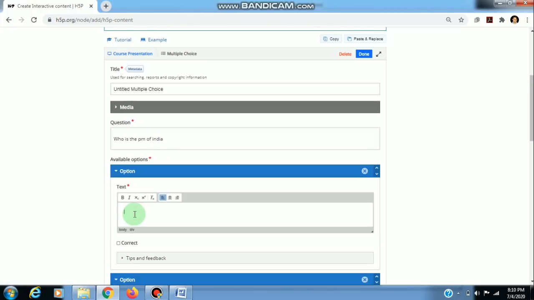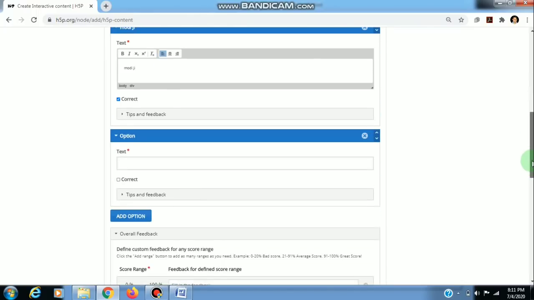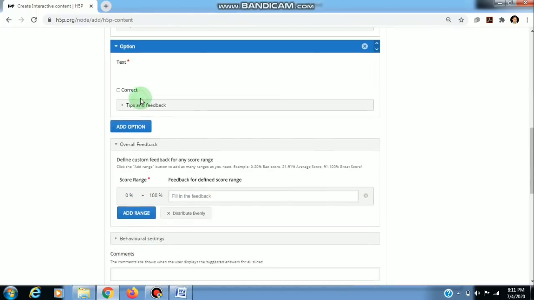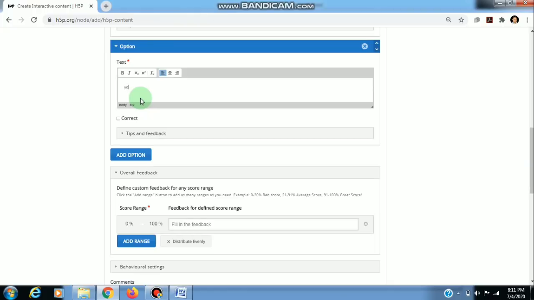Then option 1 is Modi ji. This is also the correct option. Option 2 is Yogi ji. If you want to add more options, we can add.